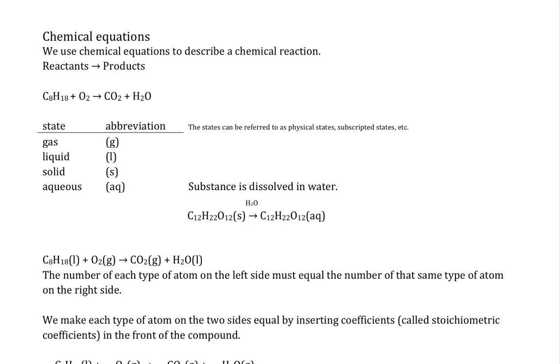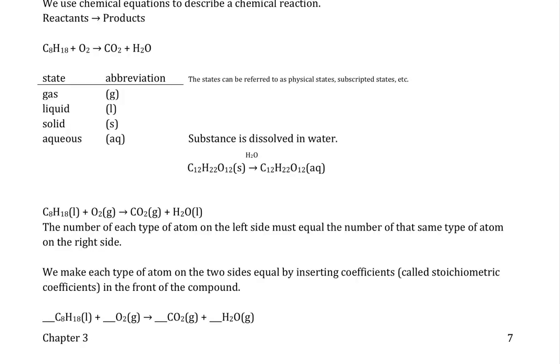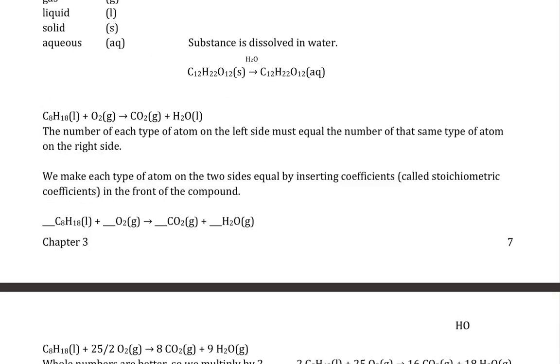Sucrose has the molecular formula C12H22O11. It's a solid at room temperature. When we dissolve it in water, and notice I put water over the yield sign, we get C12H22O11 aqueous. It disappears into the water and water surrounds the molecules. It's now aqueous. So we can put those subscripts in: C8H18, a liquid, so there we go, O2, a gas, CO2, a gas,